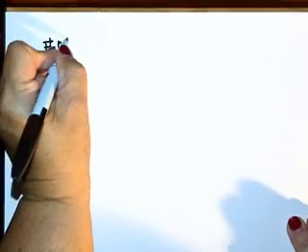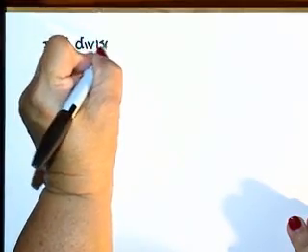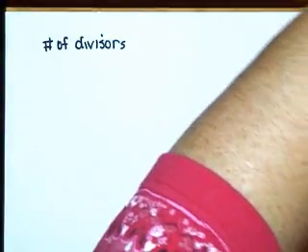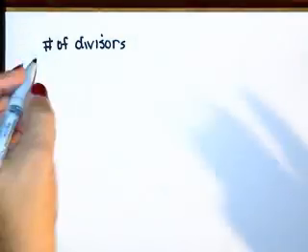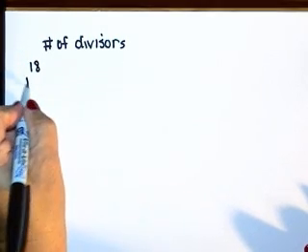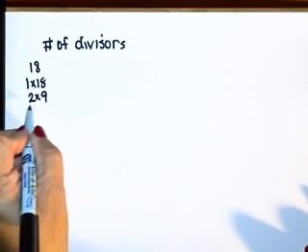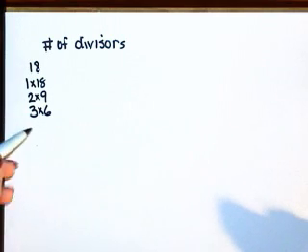The number of divisors, or another way to say that would be the number of factors. So now let's go back here and look at the number 18. I'm going to write down what we know are the factors for 18. So we've got 1 times 18, 2 times 9, 3 times 6. So we have 6